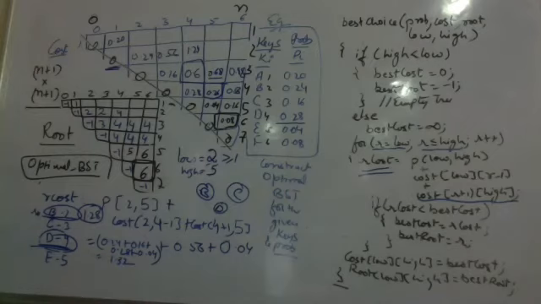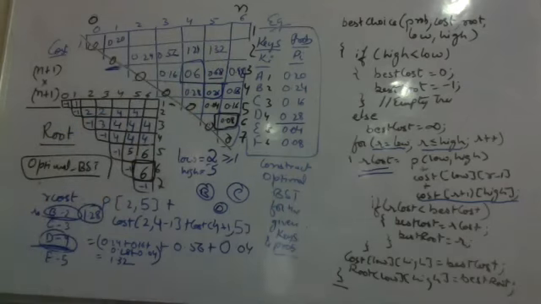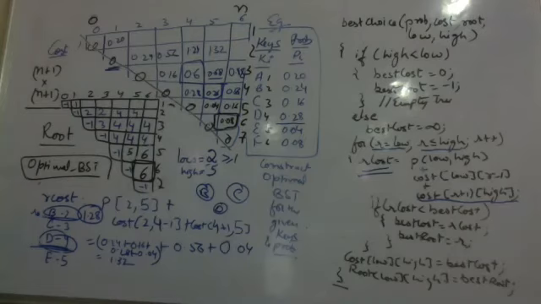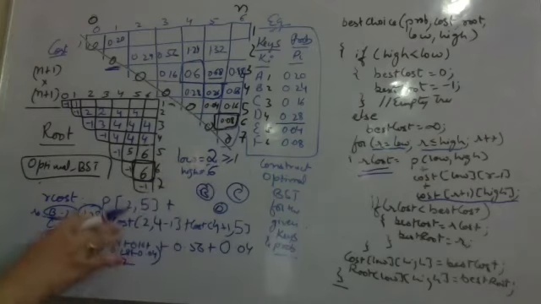No, 1.32, sorry. So this comes out to be 1.32 with root as 4. Now we have to calculate from B, C, D, E to F also. Again, very clearly 4 will be the root here also, because in B, C, D, E, F, D is already the root as we know. So the root of this tree will also be D, because the cost of searching from D will be the minimum. So again, when I am having F also, we know that the minimum will come at 4 for the current example, so I am only calculating for 4.